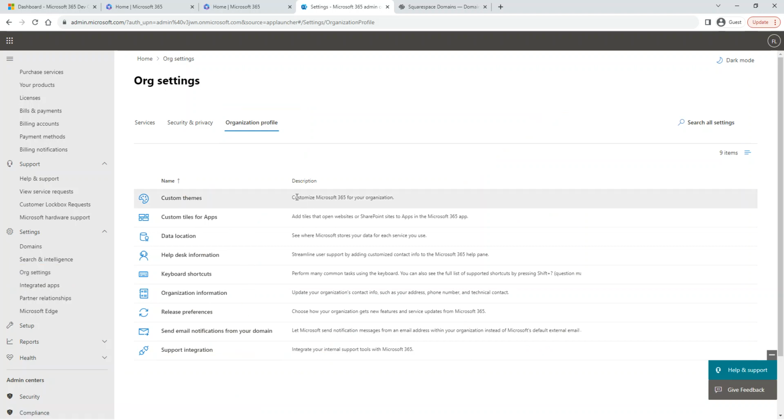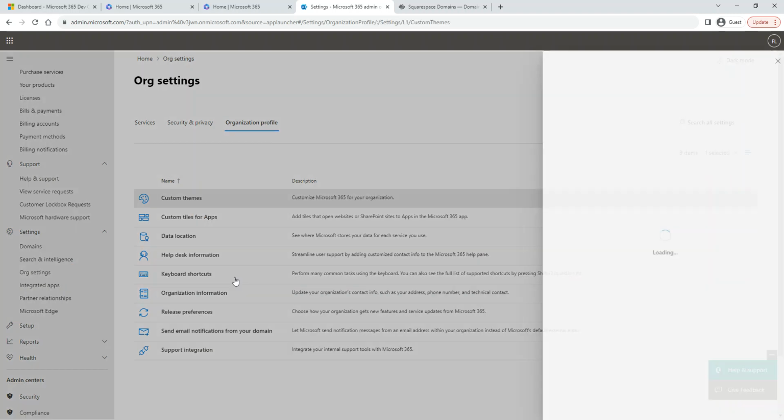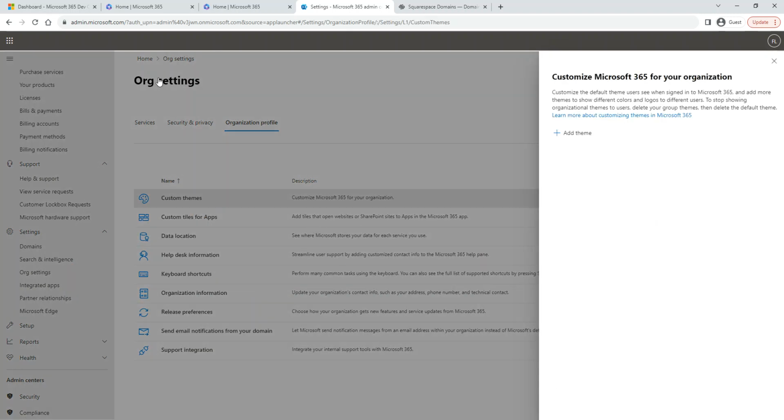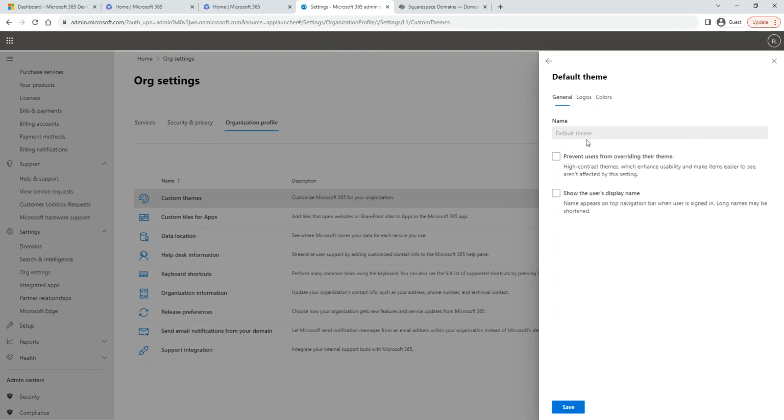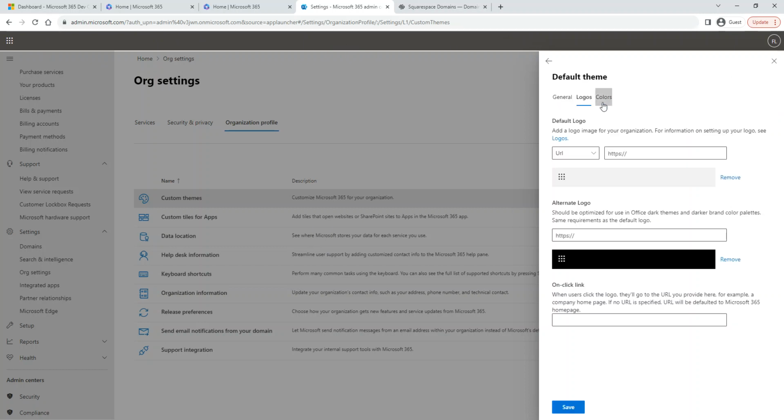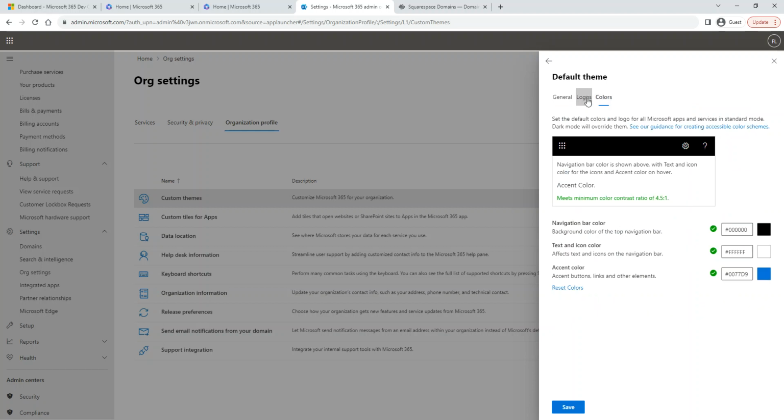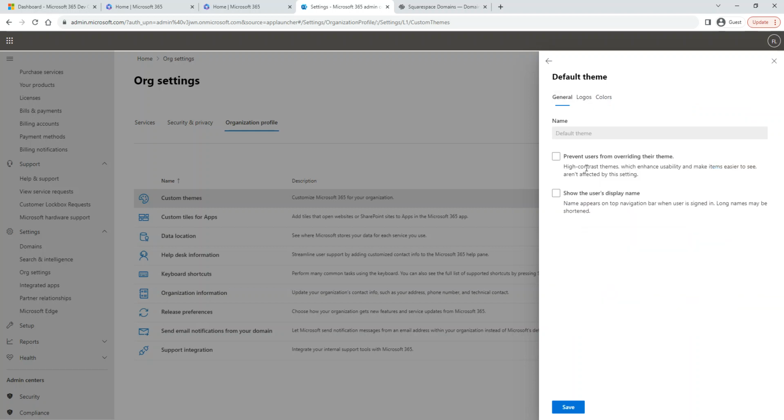But what I wanted to do is go ahead and customize the theme here. As you can see, Testify got this dark one. That is the default one, and I'm pretty sure you all got the same theme. But I'm gonna go ahead and create a new theme. You can add logos, you can add colors and things like that. So here is the first thing: I wanted to set a theme for my organization.